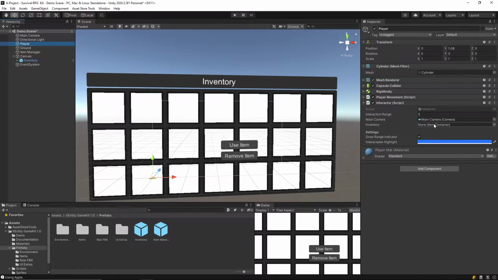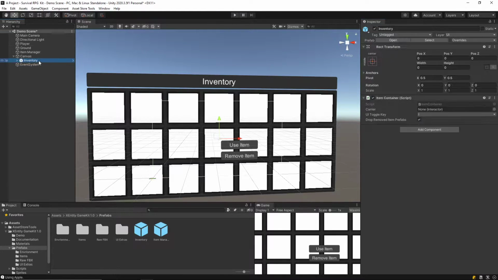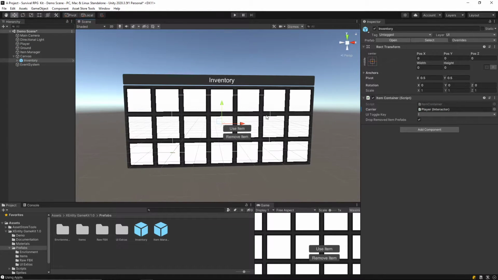So go to the player interactor, assign the inventory, and go to the inventory. Here it takes a carrier because every container virtually should have a carrier or an owner, right? So for this carrier, we just assign the player. Okay. And it has a UI toggle key. So the key you press to open and close the